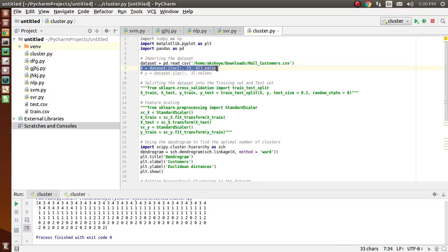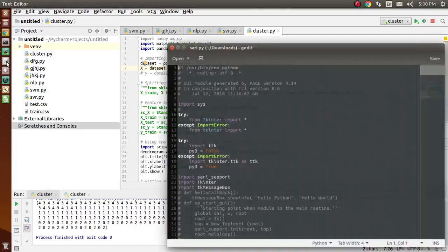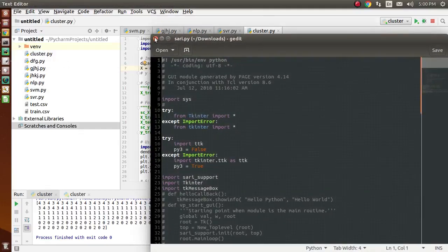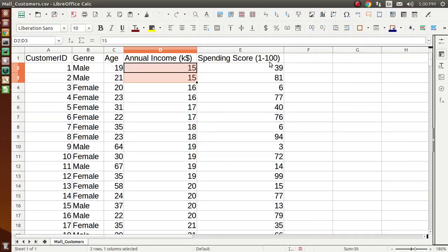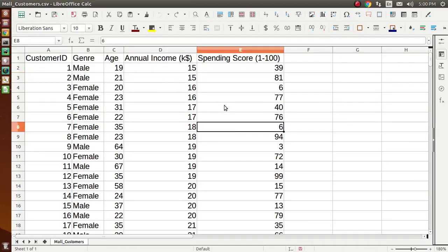This line of code represents columns 3 and 4, the annual income and spending score values. I have already shown you these two columns.